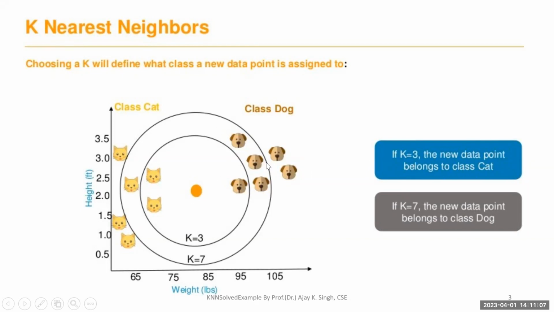In KNN, K nearest neighbor, what are we going to do? We are going to take K points which are nearest to this particular test data. In this case, this circle shows that the value of K is 7. The circle is saying that K nearest means the K nearest points to that test data. Now we are considering the value of K as 3 in this circle. In this case, we are going to see the majority of that particular image.